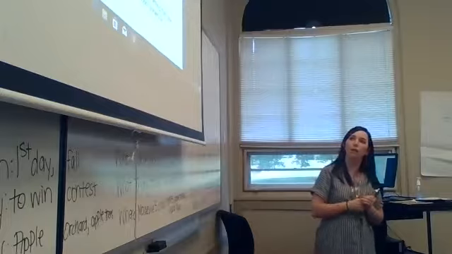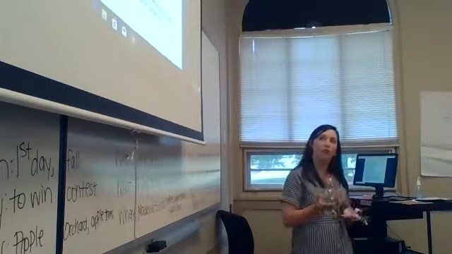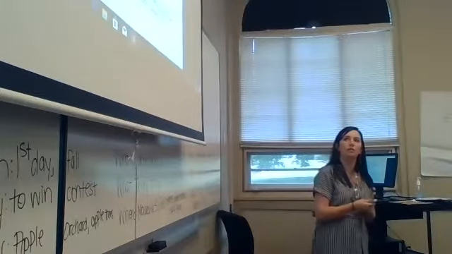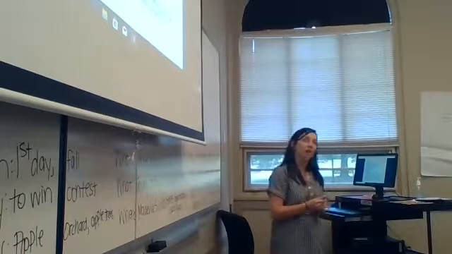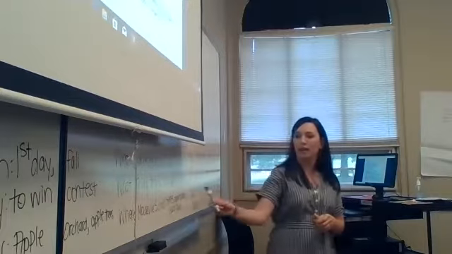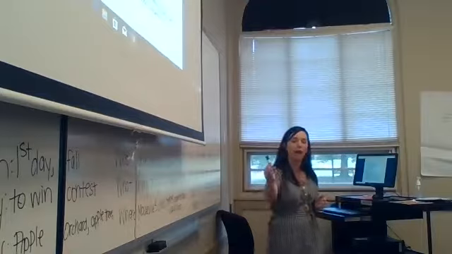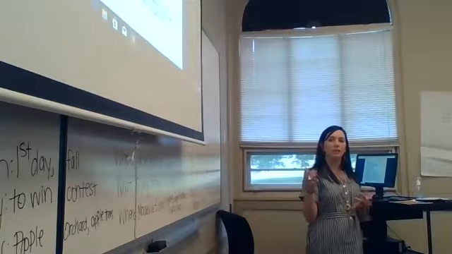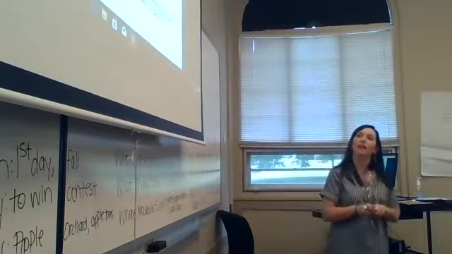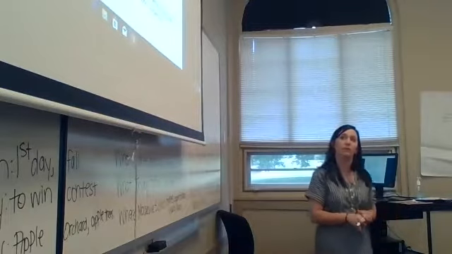Another few vocabulary words that will help you when looking for these answers is character. So what is a character? And these are things we've learned before. A character is a person who appears in a story. Conflict, is there a problem or disagreement? Yes, and we see that in the what and the how. They're trying to win a contest, the why. They're trying to win this contest, and when you have several people trying to win a contest, you're going to have some conflict. Detail, so a small or less important part of something.